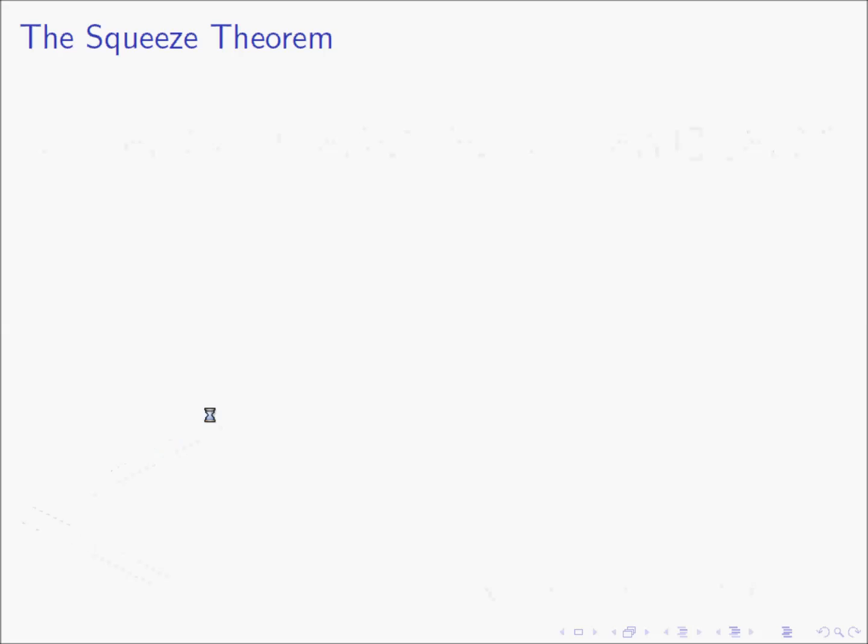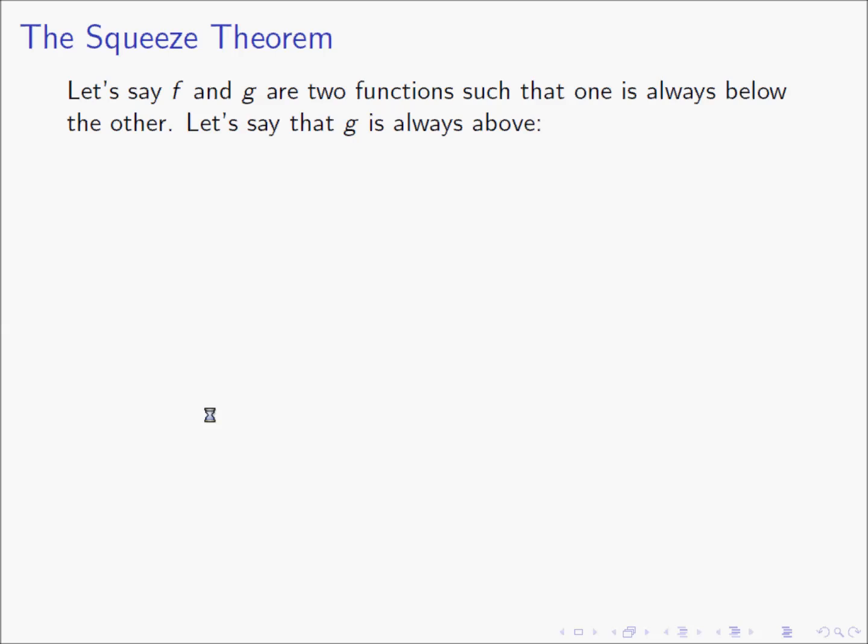So in this first part I want to give you the intuitive feeling of why this theorem is true. So we're going to consider two functions f and g such that one is always below the other, and we're going to say that g is always above. That is, we have this inequality,